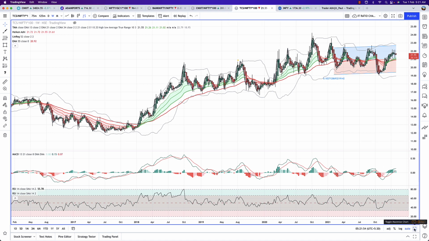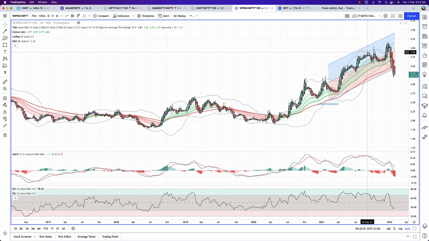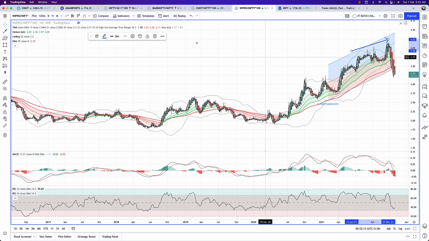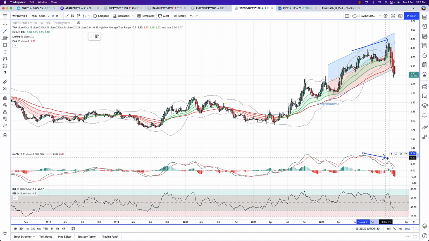So this is TCS, which is not looking that great in relation to Infosys. Infosys stands out better. Then we have Wipro. Pretty decent linear regression slope, pretty decent rally that we had. This is the weekly chart. And do you see the same phenomenon? Do you again over here see the MACD topping out, creating further rallies on the price, creating clear divergences down here, which leads to this correction?